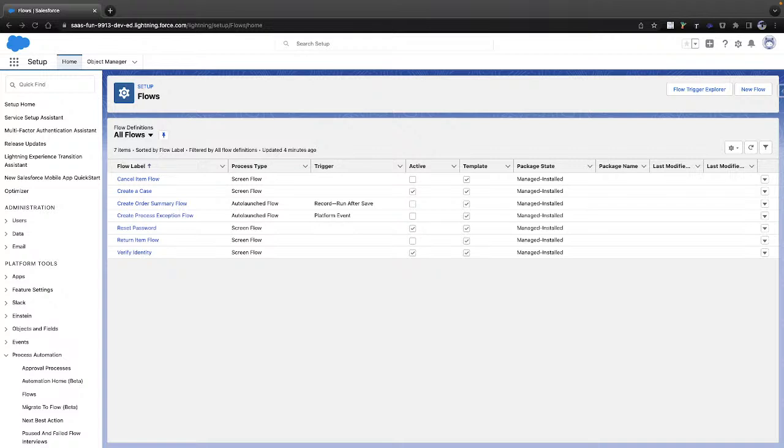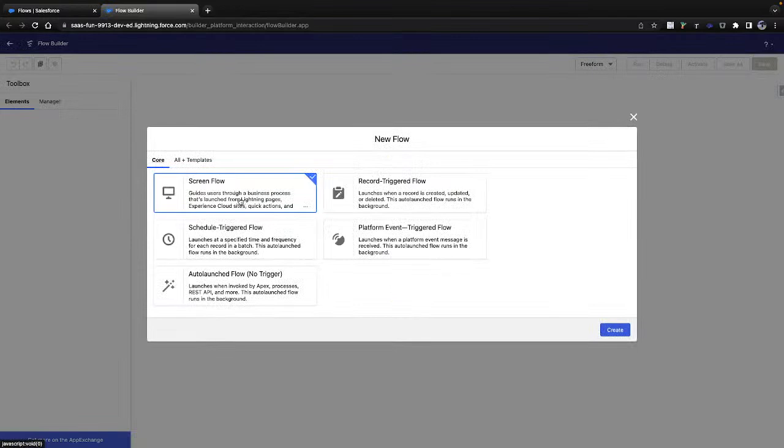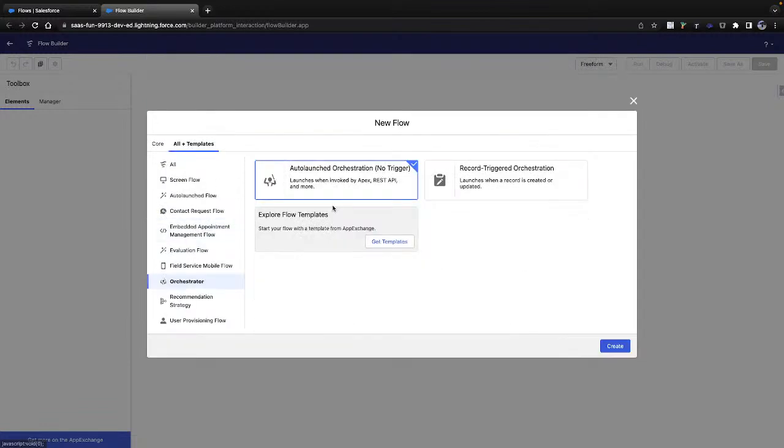As you know, Salesforce Flows have evolved so much, and people are saying they're a replacement for our triggers and everything. So I'm trying to create an orchestration. In orchestration, I can see there are two different flows. One is the auto-launched orchestration, with no trigger.